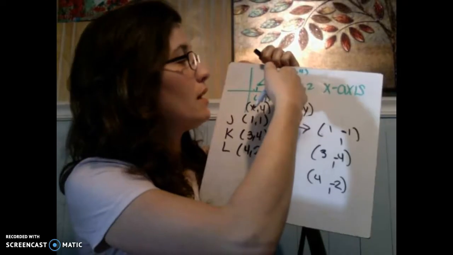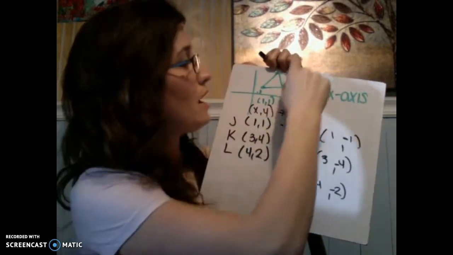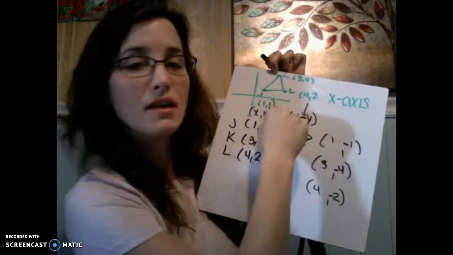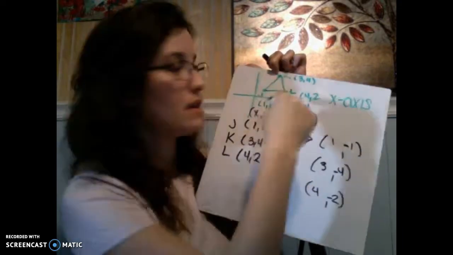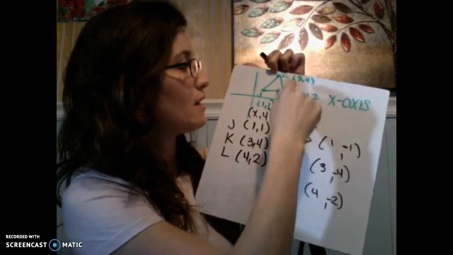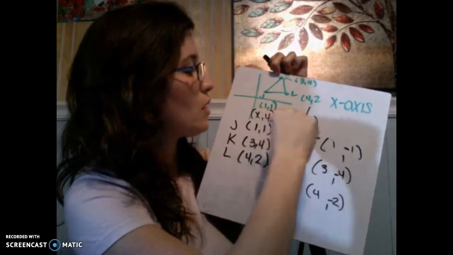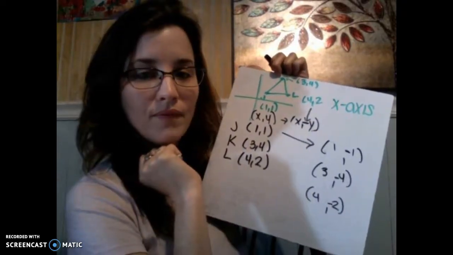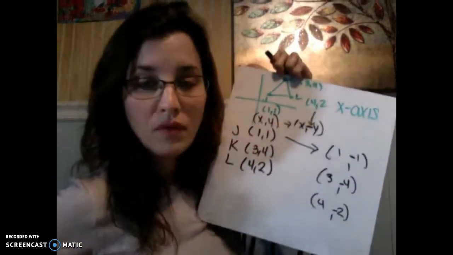Since it's up here in the first quadrant, I guarantee you when I flip it, it's going to be right down here in this fourth quadrant because I have to fold it over the x-axis line. So I would regraph it and it would be right down here. And that is how you reflect